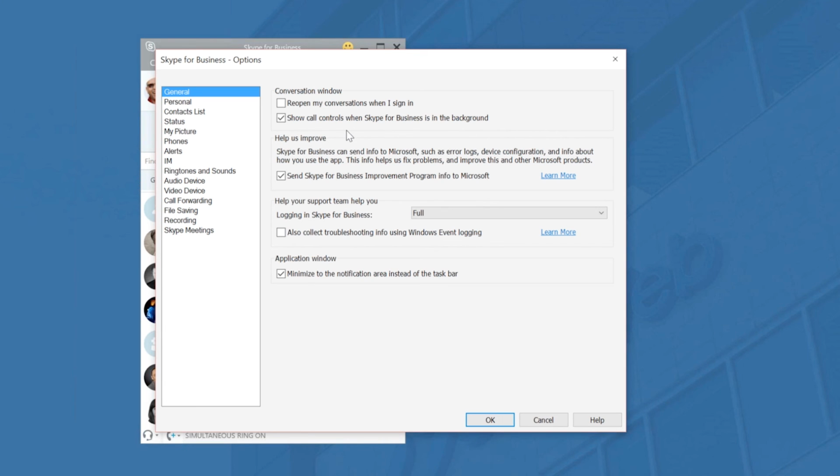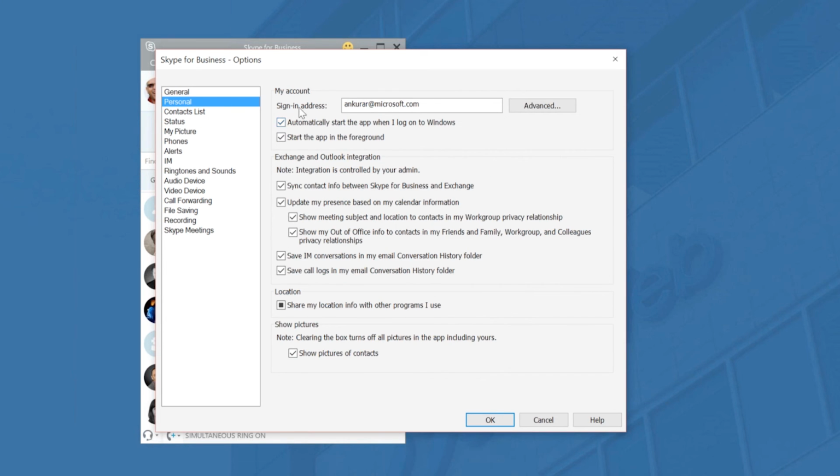So one is going ahead and looking at previous conversations, letting Skype run in the background, logging into Skype by default when the system is on. But I could specify personal details. I could say, hey, update my presence based on calendar information, sync information between Skype for Business and Exchange so that it's seamless. Any conversation that I have on Skype gets recorded in the conversation history in my inbox so that I can always refer to previous instant messages,